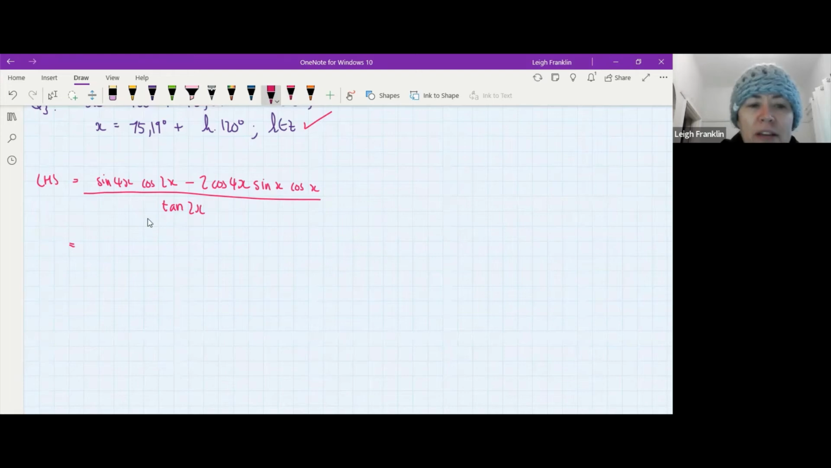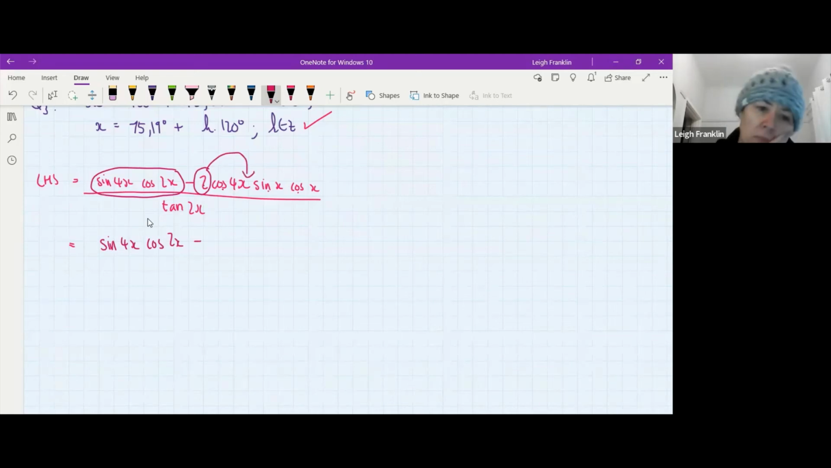So what I'm going to do is keep the first term the same, so we've got sine 4x cos 2x. Now this 2 over here means 2 times cos 4x times sine x times cos x. So if I take it and put it in there, does it matter? No. So now I'm going to say minus cos 4x times 2 sine x cos x